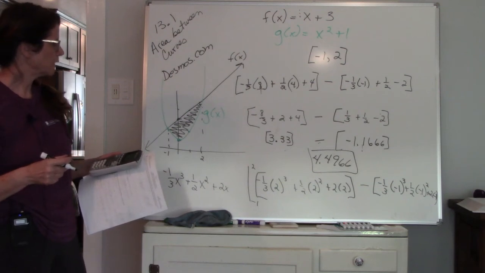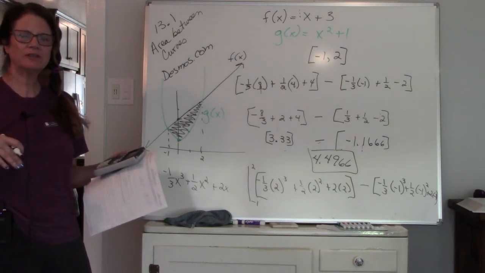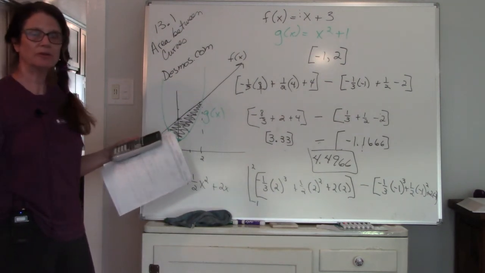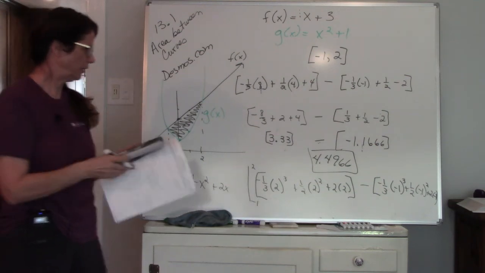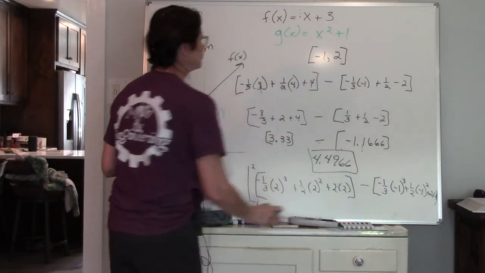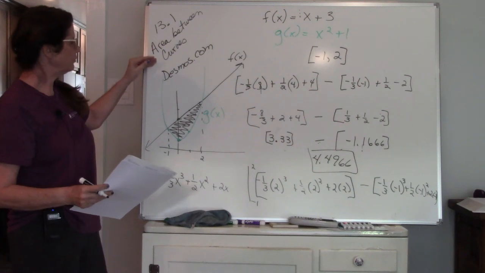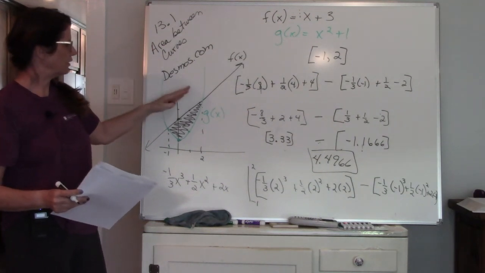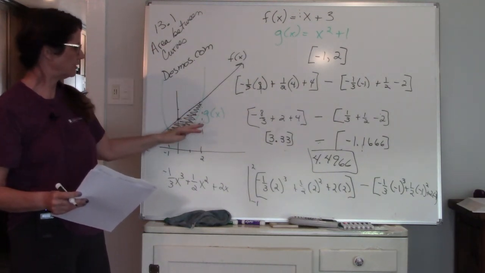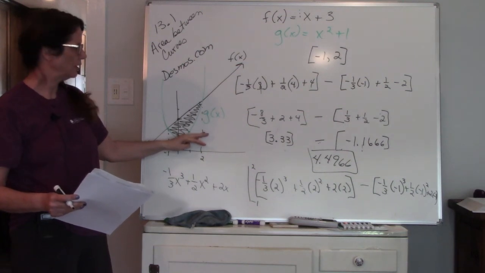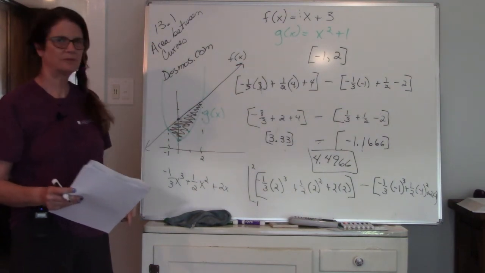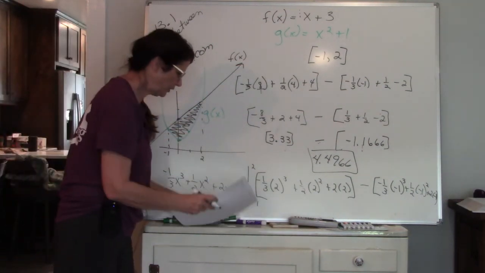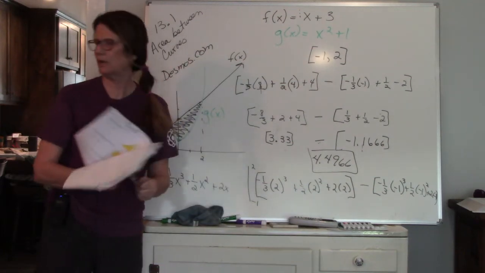Okay? So lots of calculations going, but it's just numbers. You guys like numbers, apparently better than variables. So whenever you're finding area between two curves, get the upper curve, subtract off the lower curve, and then plug in your values. All right, now I'm going to show you real quick over here on, if you can see it,